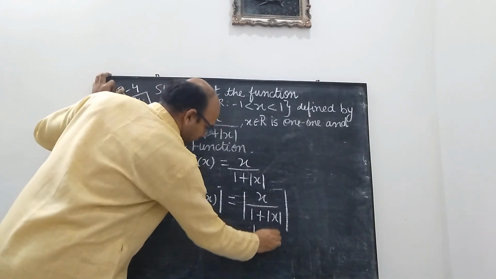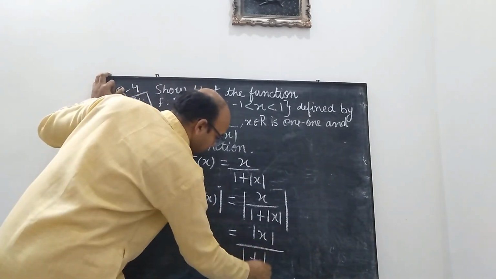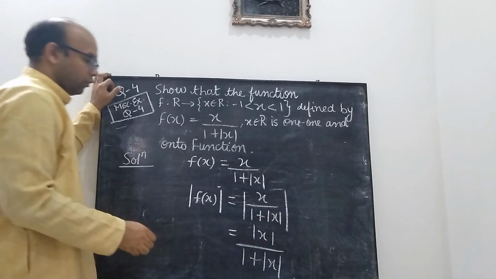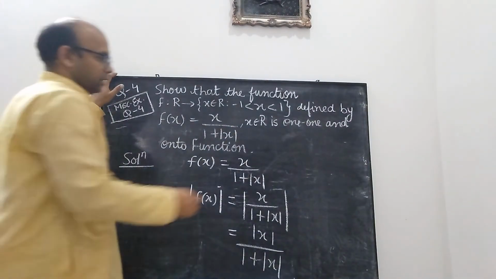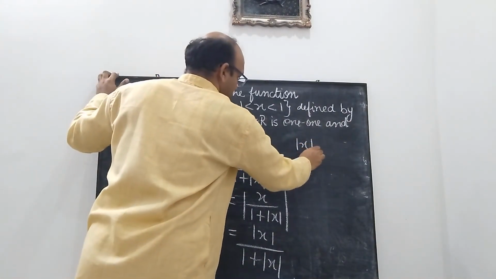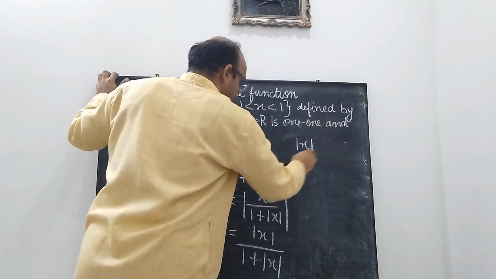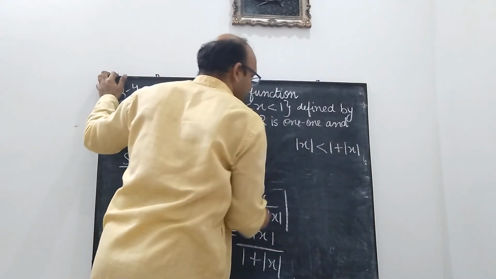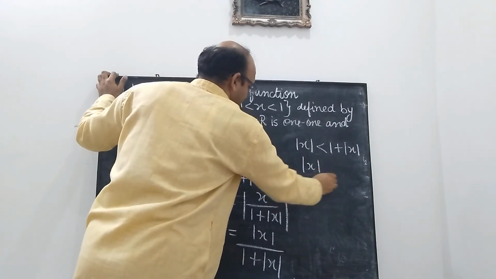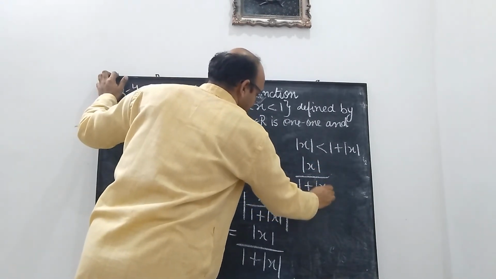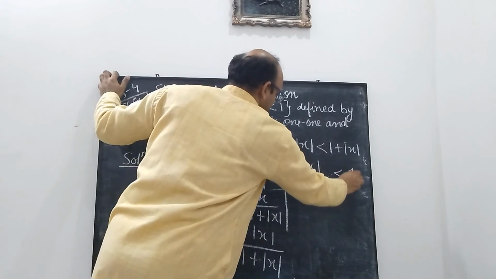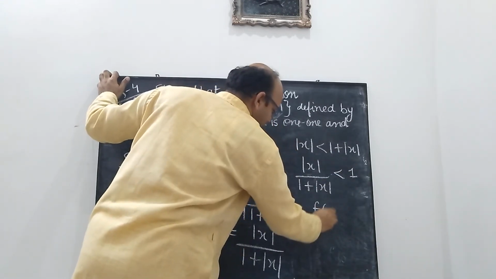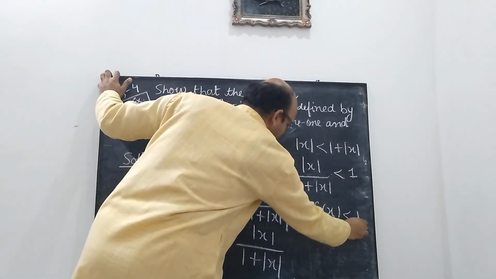This is mod of x upon 1 plus mod of x. Now here we use the simple concept that mod of x is always less than 1 plus mod of x, and mod of x upon 1 plus mod of x will always be less than 1. So fx will always be less than 1